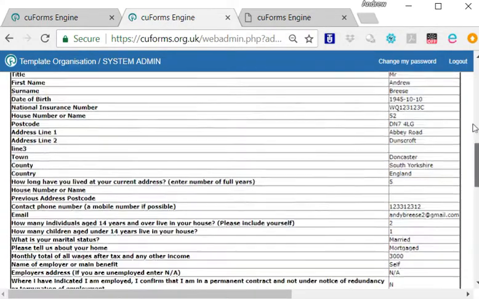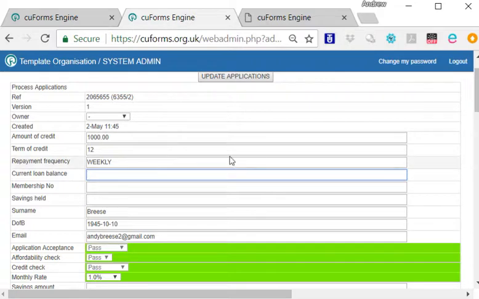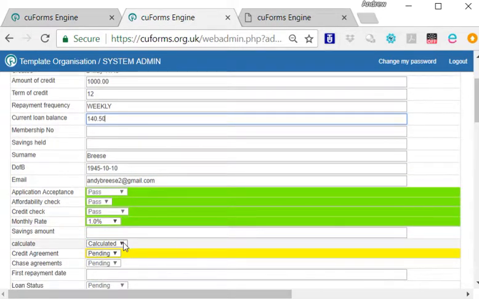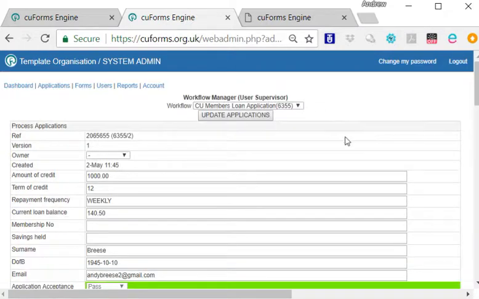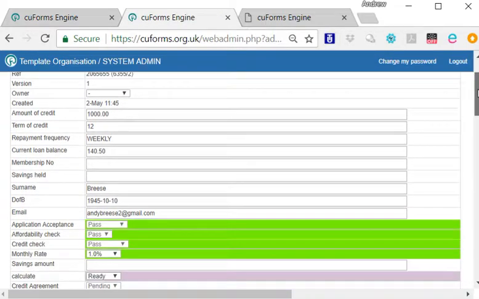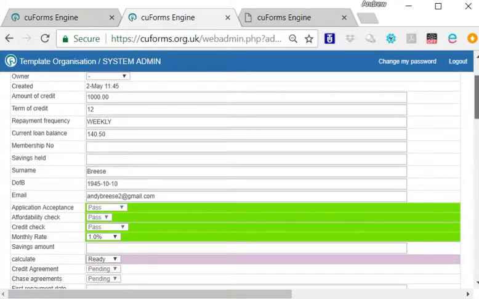So if I now go back up to the start of the form and I re-enter some data like the member already had a loan, we can recalculate to change the figures. Every time you change the workflow, you need to update the applications. And so if we now look down here, we've got £1,000 loans with